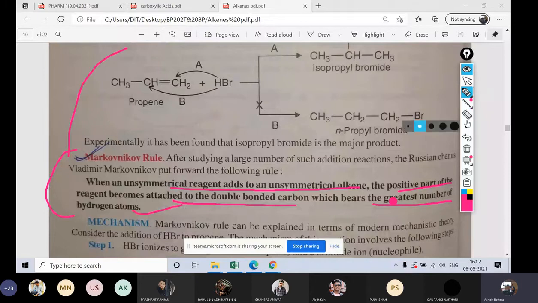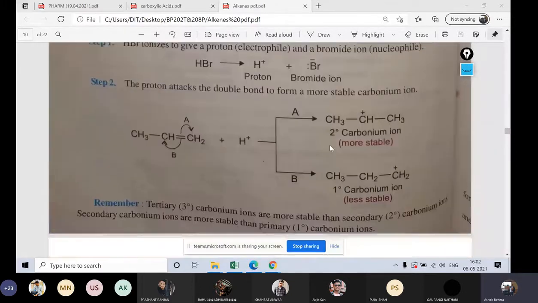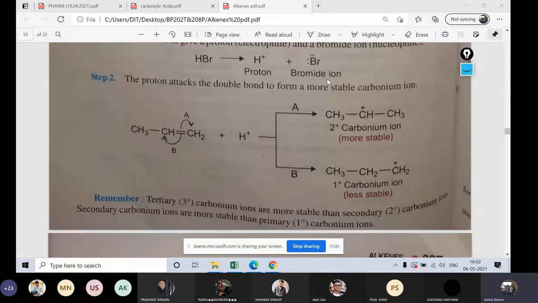And what about the mechanism? Let me show you. Same H plus Br minus. Then what is there? Second is carbocation formation, where if hydrogen goes here, this becomes positive. This is a secondary carbon. This positive charge is attached to two carbons, so two methyl groups will support this positive charge. That means when any happy thing is going on, this positive will call his close friends.